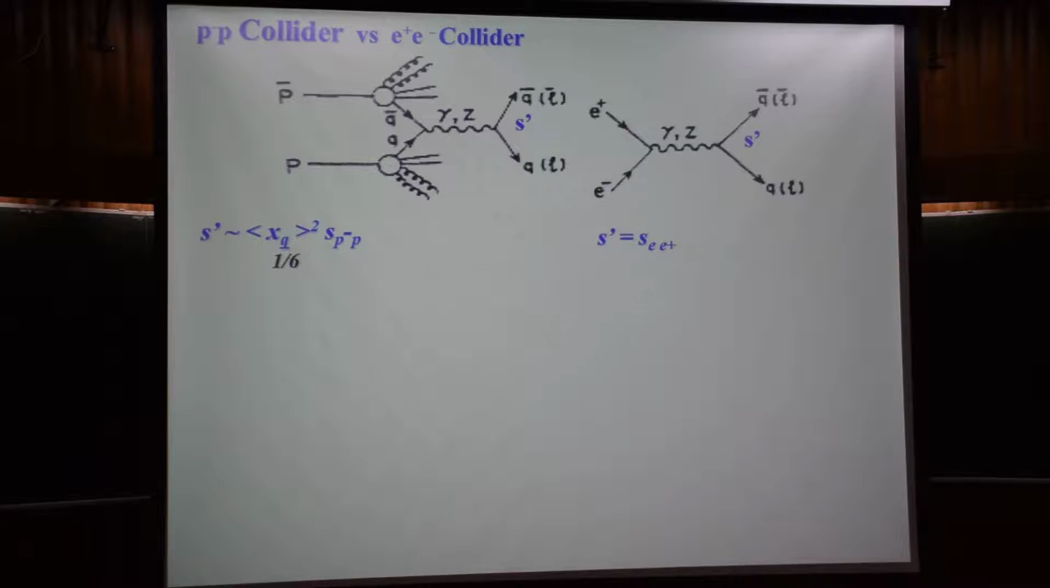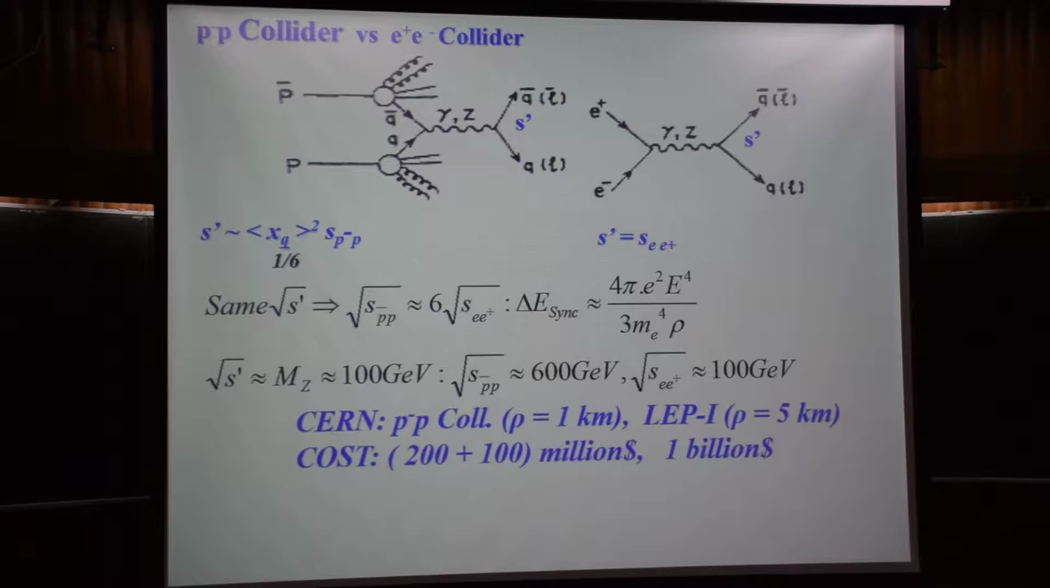Okay, so the interaction energy will be smaller than the center of mass p-pbar energy, whereas in electron-positron, the entire electron-positron energy goes into interaction energy. Okay, so to have the same interaction energy s prime, the proton-antiproton center of mass energy must be 6 times larger compared to the electron-positron collider. Clear? It turns out that it is a very small price to pay because of the enormously higher synchrotron radiation